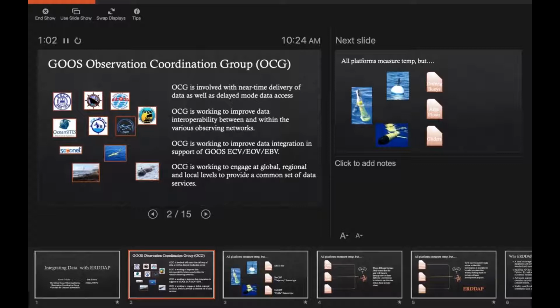In fact, I was at an international glider meeting a couple of months ago, and there was a story about a graduate student. Within the glider community, there are 3 prominent data assembly centers, and they all have slightly different NetCDF formats. It was such a hassle for this graduate student to get the data from the 3 and compare them that he gave up. And that's like shooting your dog, you know, that feels terrible. That's not the way we want the community to be. So how can we